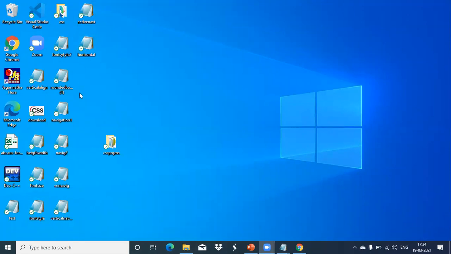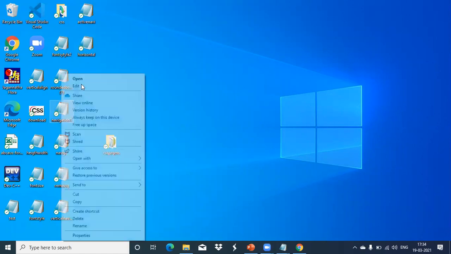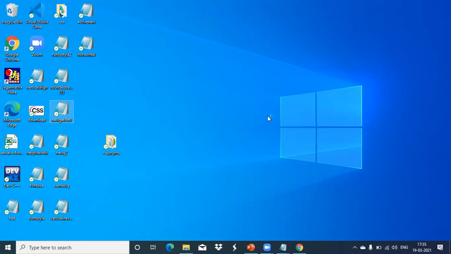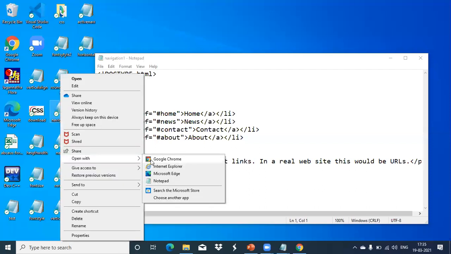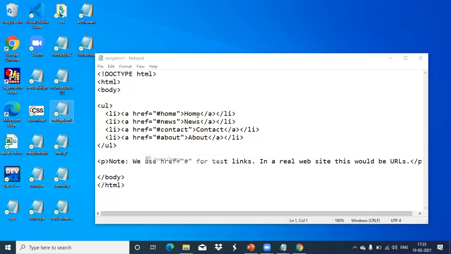Now we can create a navigation bar. We'll see the output, then you will come to know what the navigation bar is, how it shows the navigation. Like a home button, where we have some other links like this. Have you seen like this? When I click on this one, it will go to one particular page, the other one, the next page. Like that, we can create a navigation bar.